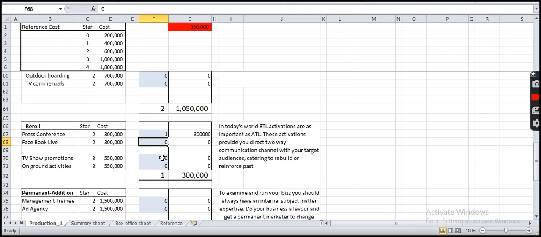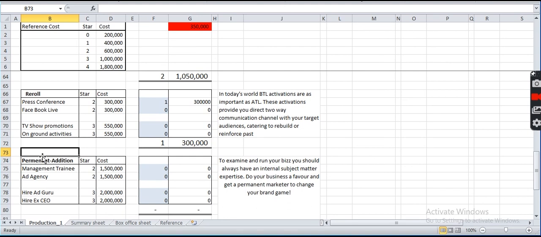So whenever you've rolled, now with reroll what you can do is you can reroll 2 dice of smaller values of your choice. If I buy this, then I can reroll 3 dice of smaller values of my choice. This can help me enhance the way the movie has fared. So rerolls can also be a good marketing strategy to have.